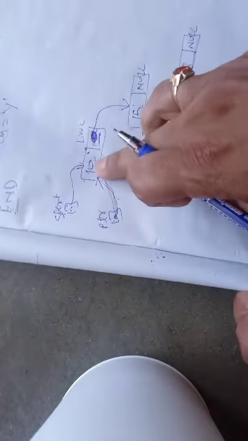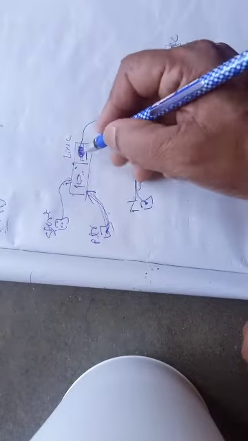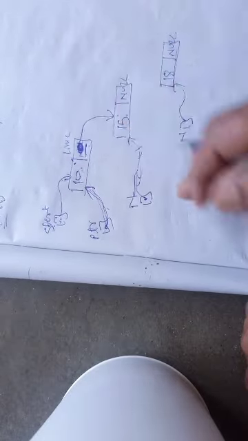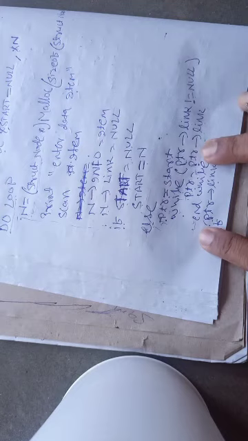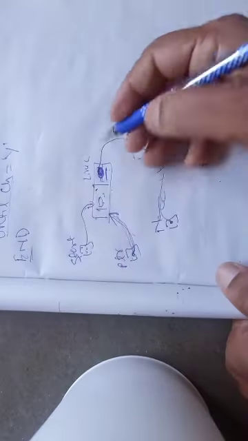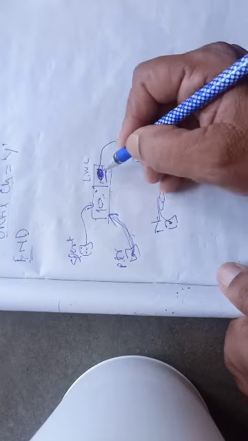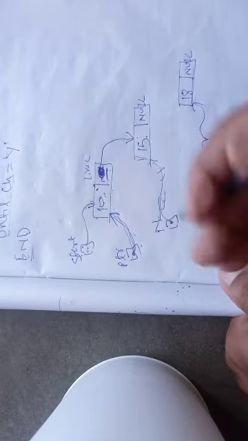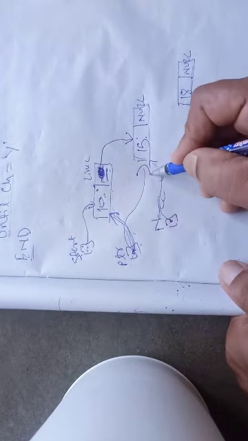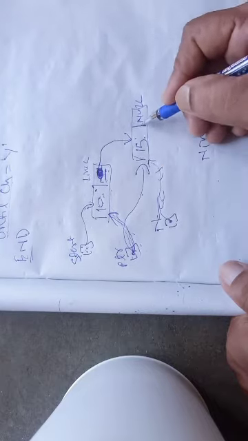Right now ptr is the first node and its link is not null. This is true. So if this is true, then my ptr will be updated: ptr equal to ptr of link. So the current value of ptr link means this one. So the address of this node is now stored in ptr. So ptr is changed. Now ptr points to this. Now its link part is null. So I have reached the last node. Once I reach the last node, this loop will end and it will jump from here.